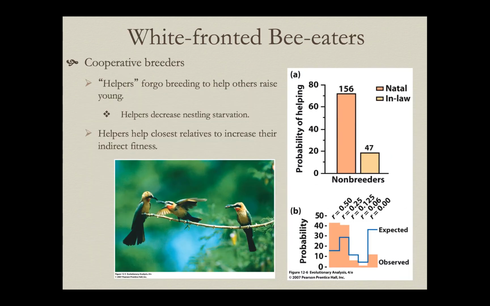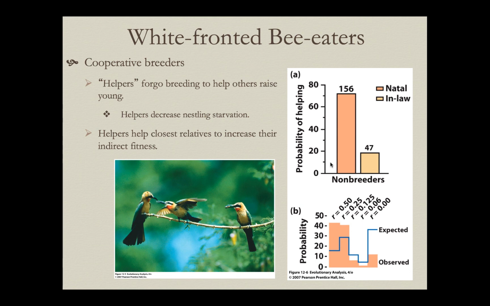Well, the first theoretical example I was giving you in birds was really a behavior called cooperative breeding. Cooperative breeding is one of the areas that I've done a lot of research on. And here's an example of cooperative breeding in white-fronted bee-eaters. Helper individuals serve as altruists. They forego breeding to help others raise young in the colony. And they really are beneficial to the individuals that they help. They decrease nestling starvation, they bring more food, and they bring food more regularly to the nest in which they're helping.